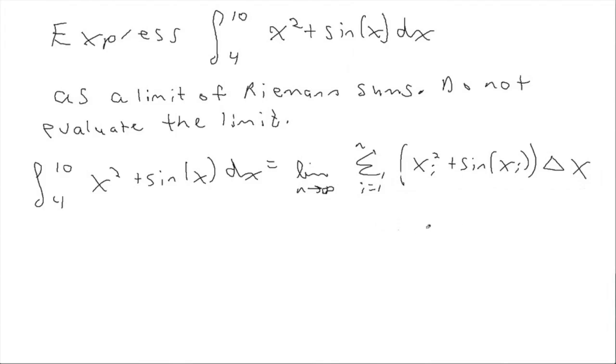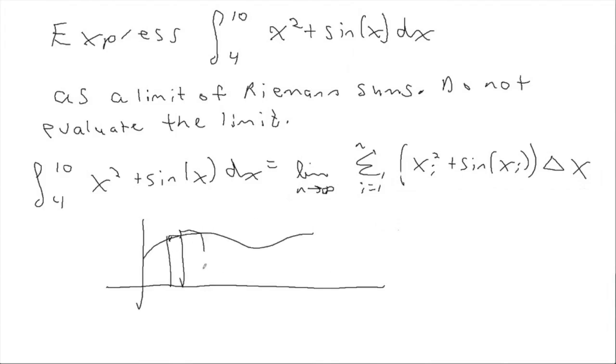Now, wait a second. We did some problems earlier where we drew curves, and then we drew a whole bunch of rectangles. And we actually calculated the area under the rectangles, right? We did earlier problems where we actually calculated the area of a bunch of rectangles. How do you know when they want you to solve it this way, and how do you know when they want you to solve it this way? How did we know in this case that they didn't actually want us to draw the rectangles? How are they going to express it differently? Well, the key thing here is this is a way of